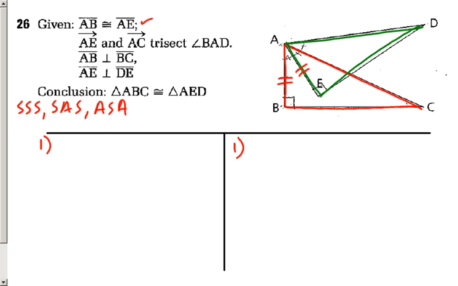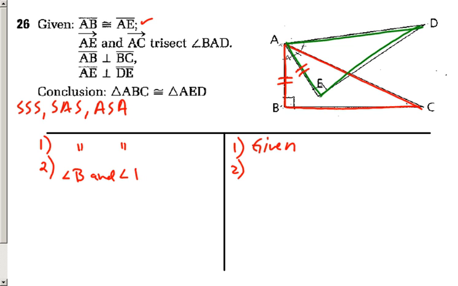Out of the 3 ways that we learned today to prove triangles congruent, I know that I need 3 things, and in the given, I'm already given 1 pair of sides, so I just need to figure out 2 more things. I'm also given AE and AC trisect, and then some perpendicular lines. So the first thing, after the given, I'm going to say because I got perpendicular lines, that